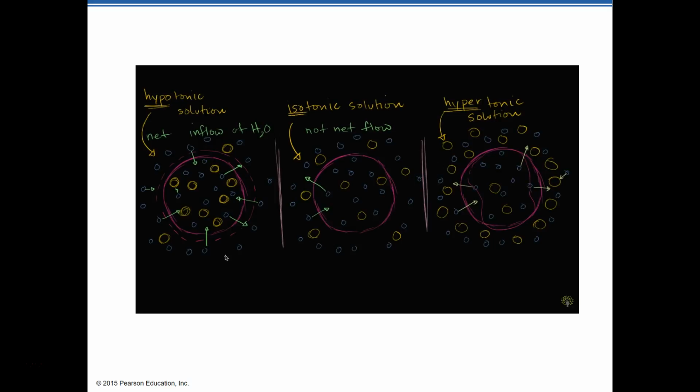If you were to put a red blood cell into a hypotonic solution, the water is going to rush into it, and it's going to blow up. It's going to expand. And so it's going to look like an overinflated red blood cell. In an isotonic solution, it's going to look the way that we're used to seeing a red blood cell, having that little divot in the middle area, while over here it's all going to expand. And then in the hypertonic solution, the water is going to escape the red blood cell, and you would see it shrivel up a little bit like this, because we have a net outflow of water molecules.